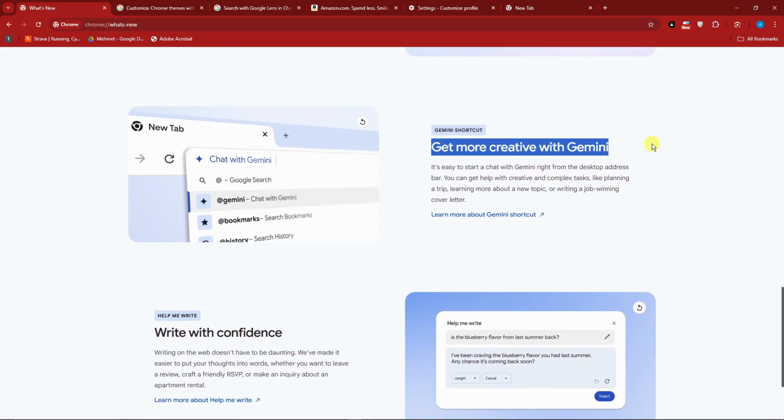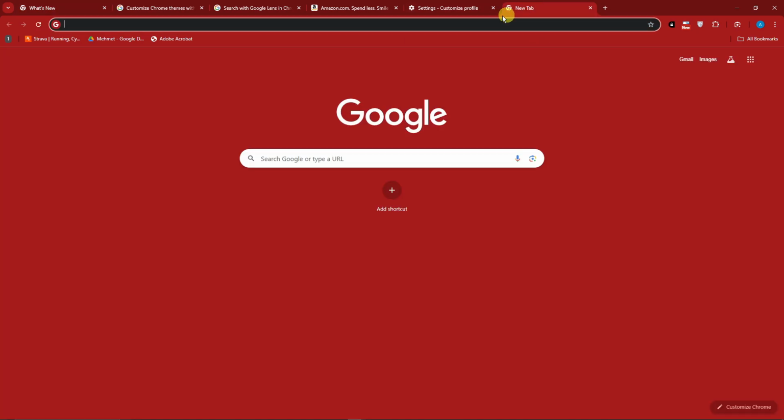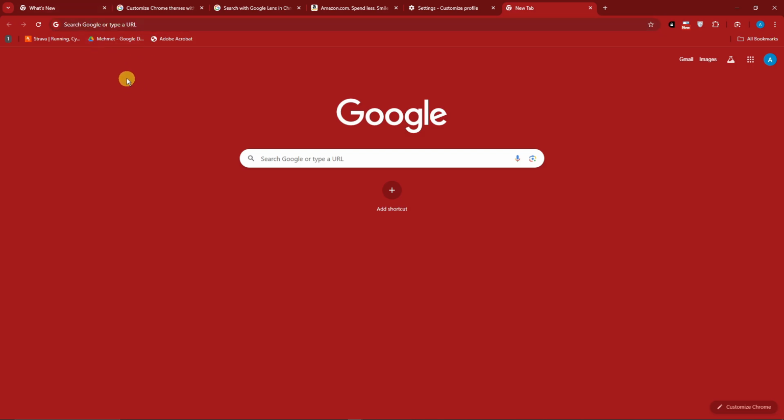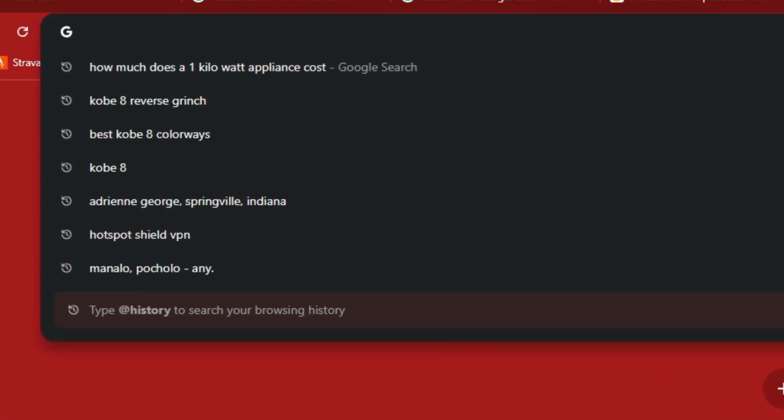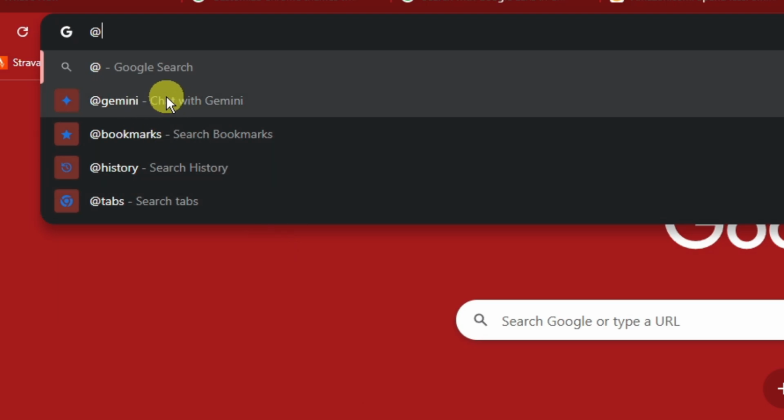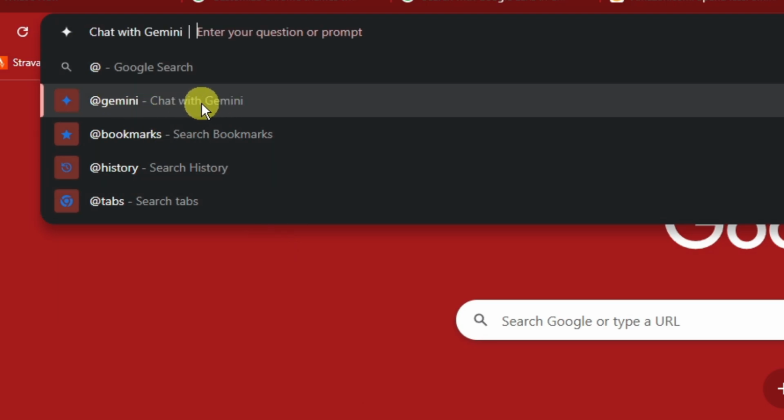It's going to be Gemini Shortcut. So basically, Gemini Shortcut is an AI or ChatGPT inside Chrome. How does it work? Let me just go to a new tab. For this one right here, on your URL, type in the @ symbol. There is Gemini. Click on it,